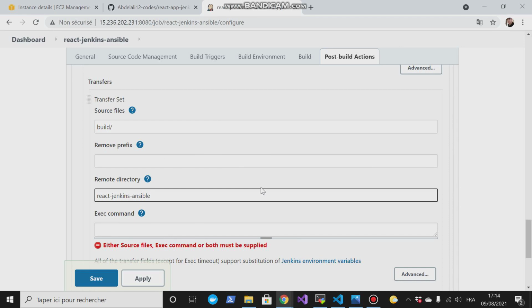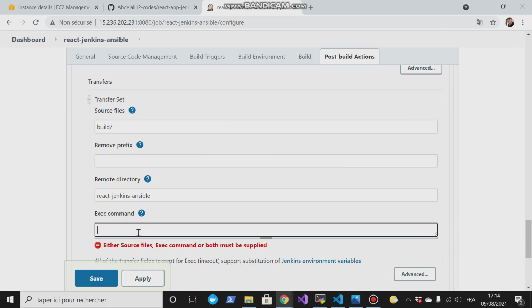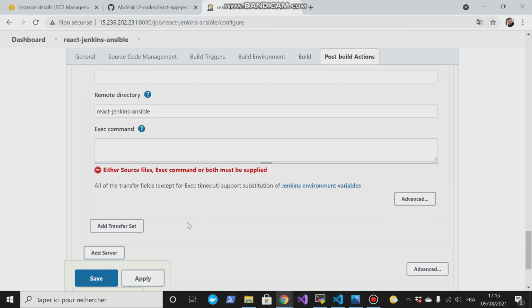Nice. And for this exec command, this is what commands you will execute on the remote host. For our example, what commands should we run in our Ansible server? And this command runs as a root user. Nice. So I will not run any commands here, but let me at first